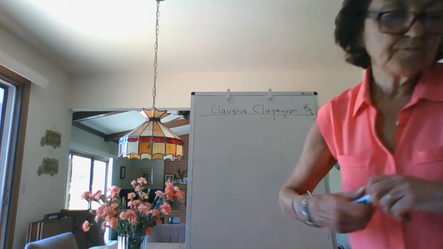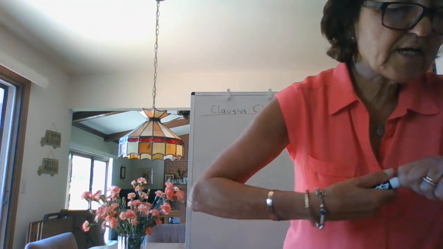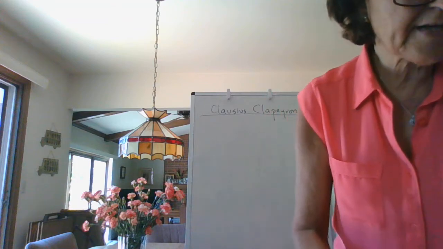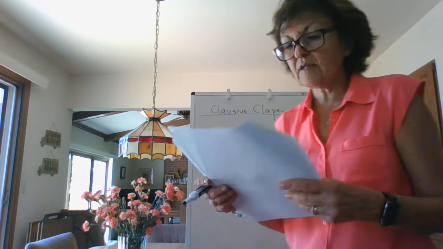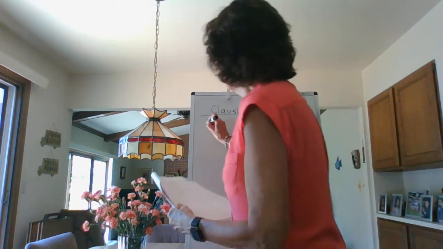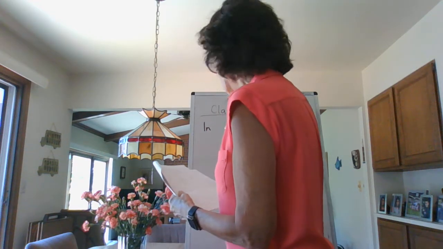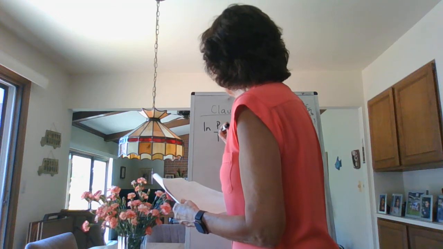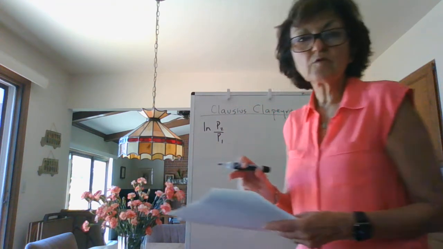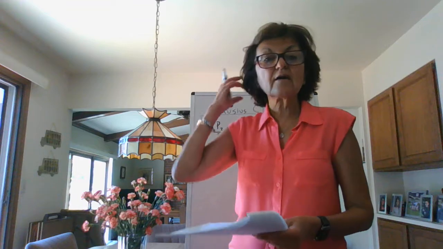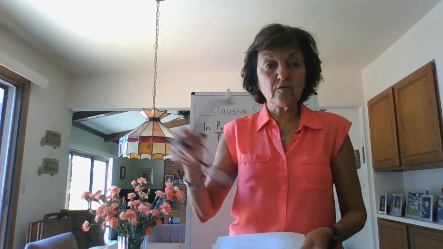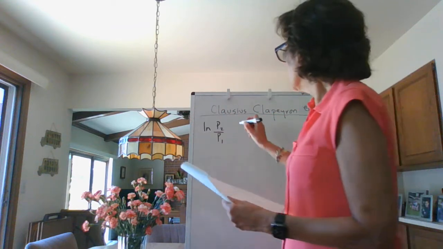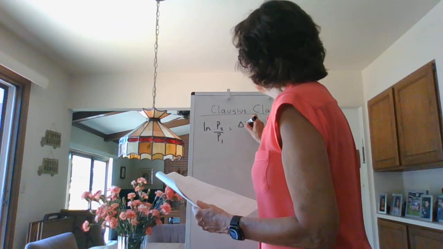All right. So this is going to have vapor pressure and delta H of vaporization and temperature. So this is the equation. Natural log of vapor pressure 2 over vapor pressure 1. Remember the natural log button, not log, ln. So get your calculators. You're going to be using the ln button. Is equal to delta H of vaporization